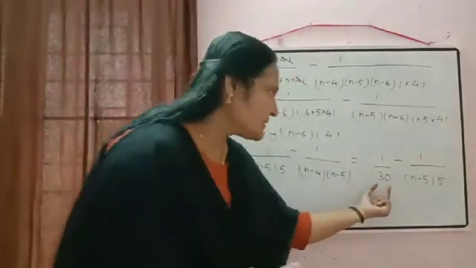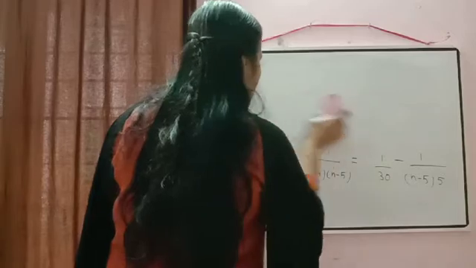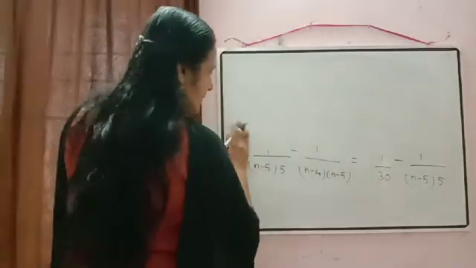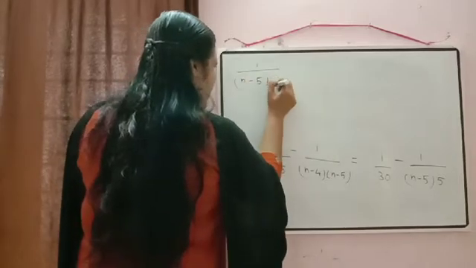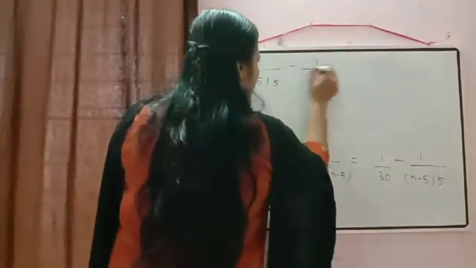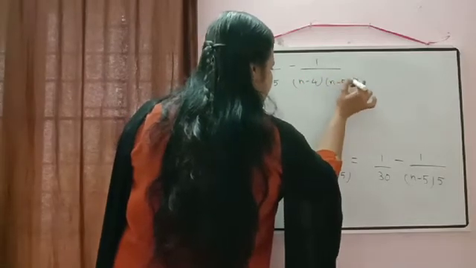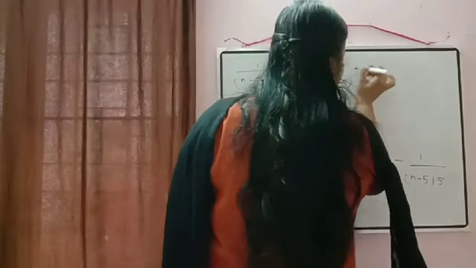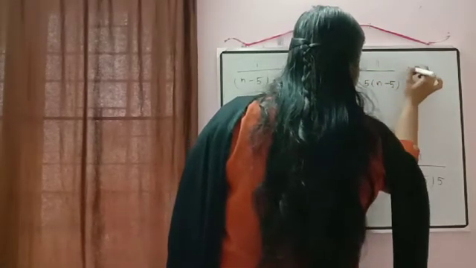Now what can we do? We can shift. This is the number, so this expression also we can shift to the left hand side, and then we can check whether any common factor is there which we can take. So we have the remaining expression 1 by (n minus 5) into 5, minus 1 by (n minus 4) into (n minus 5). This one also I am shifting: plus 1 by 5 into (n minus 5) is equal to 1 by 30.